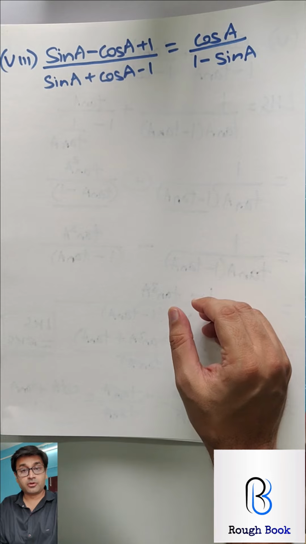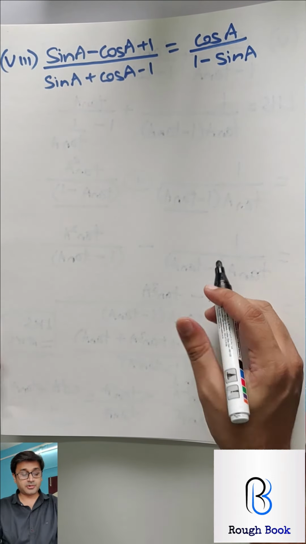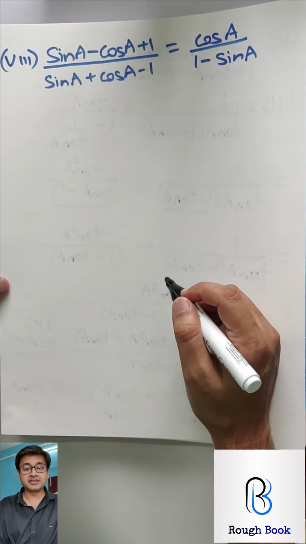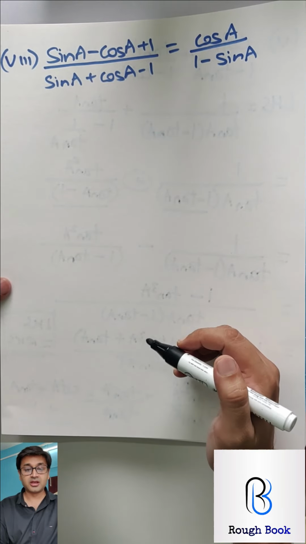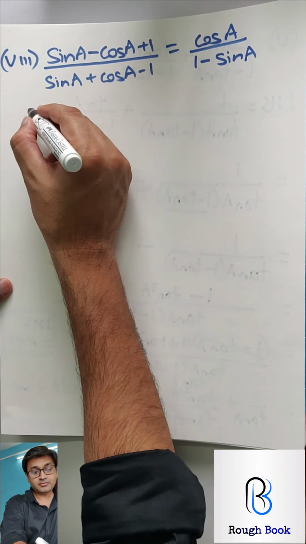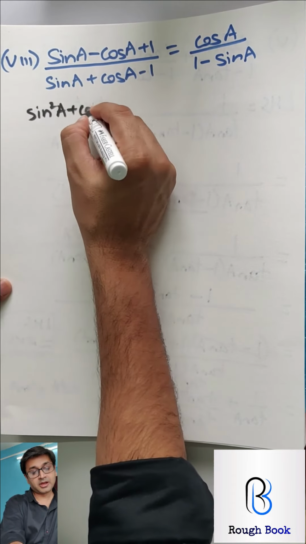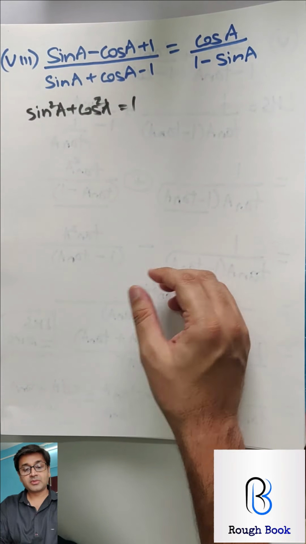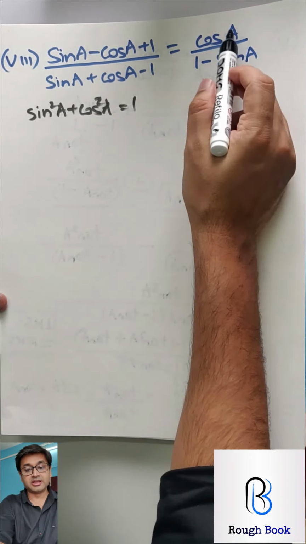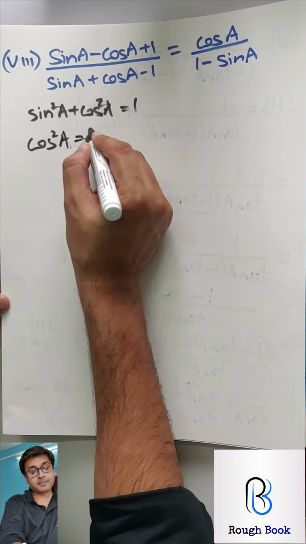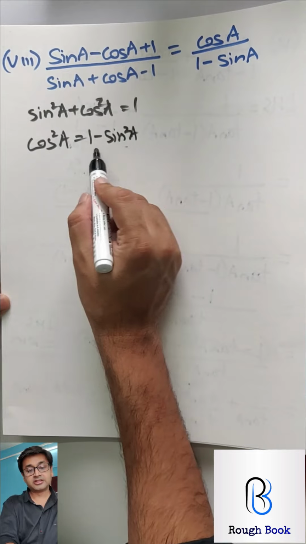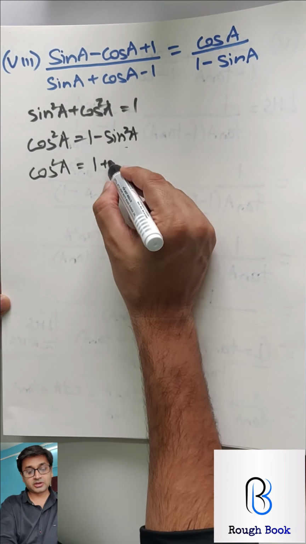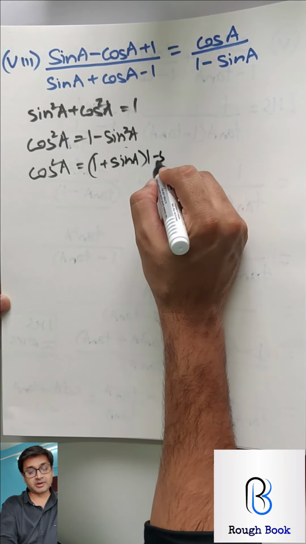This type we have done before in a bigger question. If you remember, theorem on equal ratios, exercise A, sum number 46, exactly same type. In fact, this is an easier version of that. So you begin directly by saying sin square A plus cos square A equals 1. Now what you then do is keep cos alone because you need that. So I'll say cos square A equals 1 minus sin square A. Split this, A plus B, A minus B. So I'll get 1 plus sin A and 1 minus sin A.